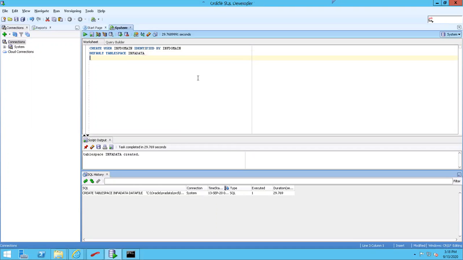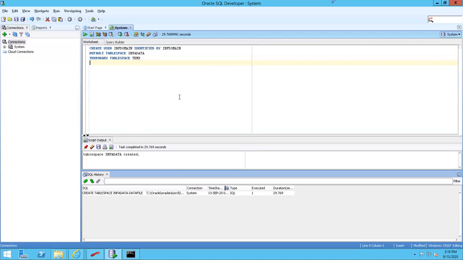Then I have to give the temporary table space. The temp will be there.